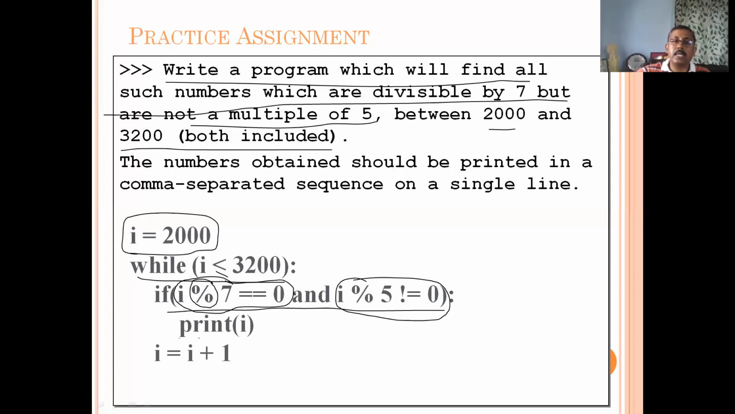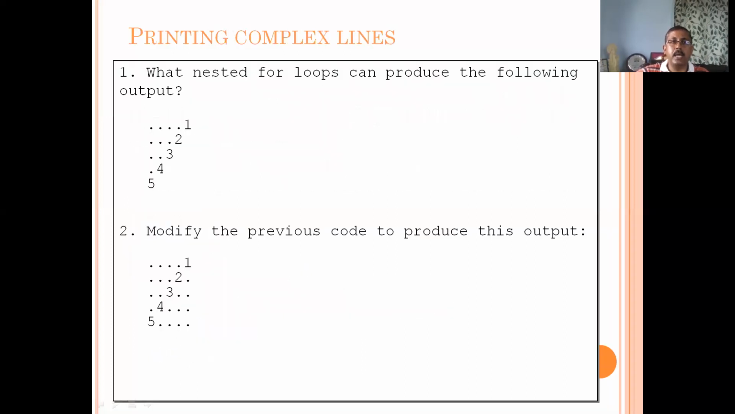Only in that case I'm going to print the I, and every time I'm going to do I equals I plus 1 to move to the next integer, right? This way I can print all the values between 2000 and 3200 which are divisible by 7 but not divisible by 5. Like this, you can also try certain patterns, like for example you use a nested loop